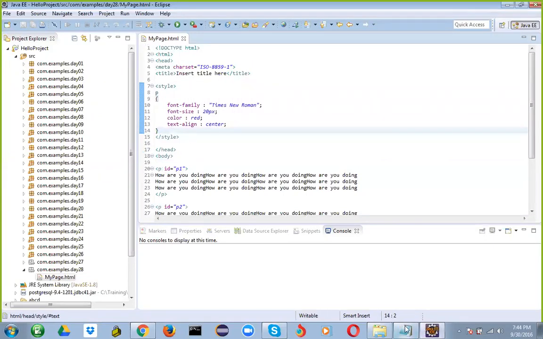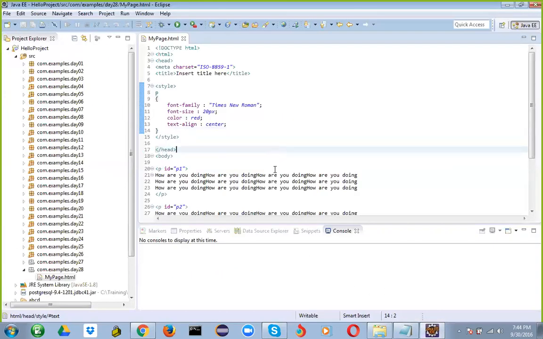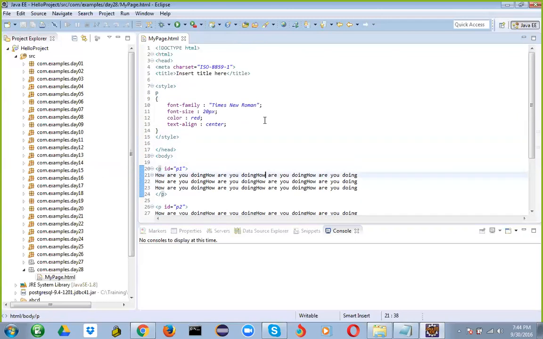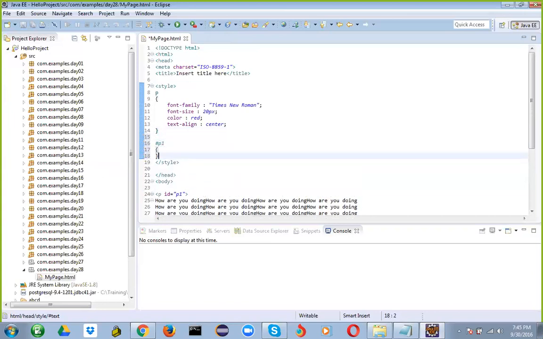So now I'm referring to the ID selector. The name itself is ID selector. I would like to apply settings based on ID. If I write settings based on P1, it will be based on ID P1, so the settings will be applicable only for this tag, not for all. How do I write it? If I write for a particular P1, I use hash